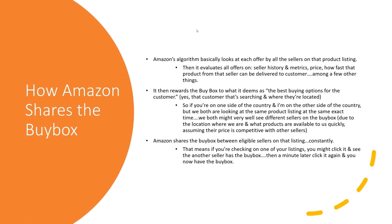But the main things to keep in mind and consider, and this is about like 95% of the battle. So if you focus on these things, that's pretty much all you need to worry about, okay? It factors in seller history and seller metrics, your price, and how fast that product from that specific seller can be delivered to the customer. It then rewards the buy box to whatever offer it deems as the best buying option, and this is quoted